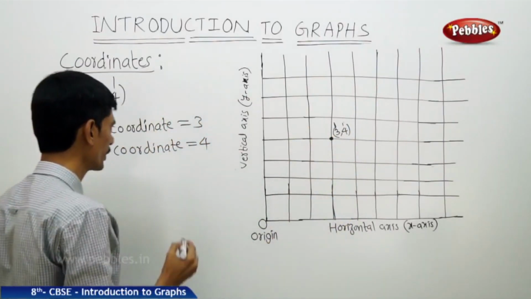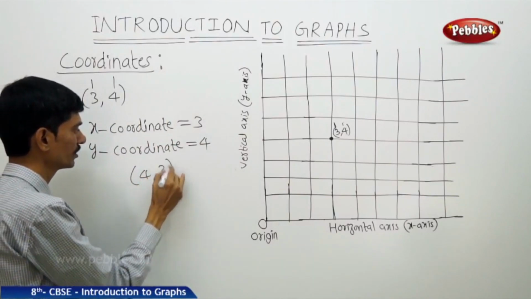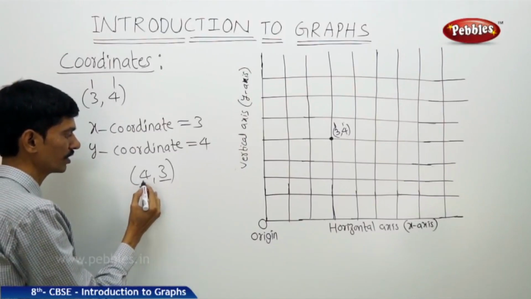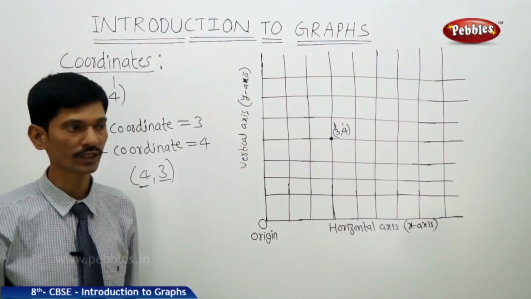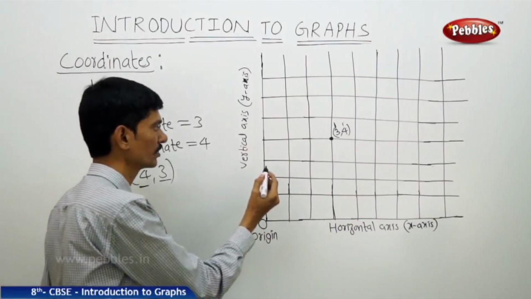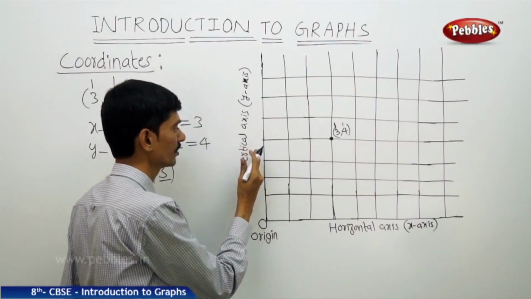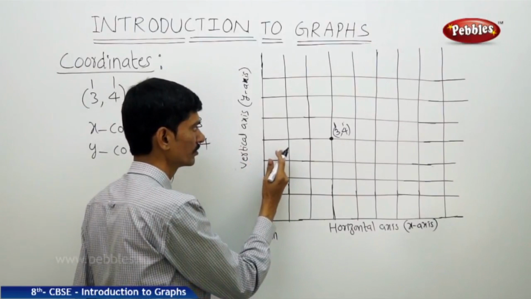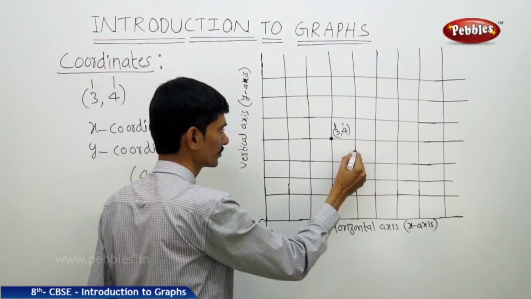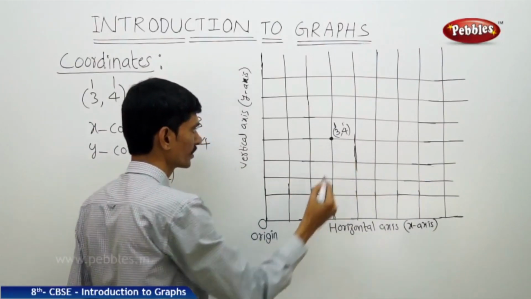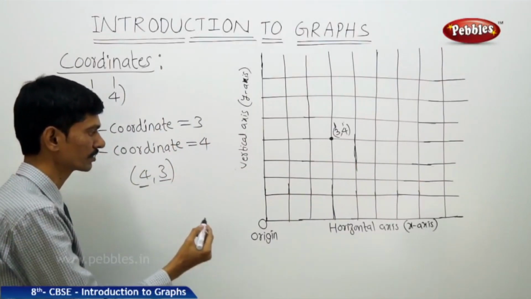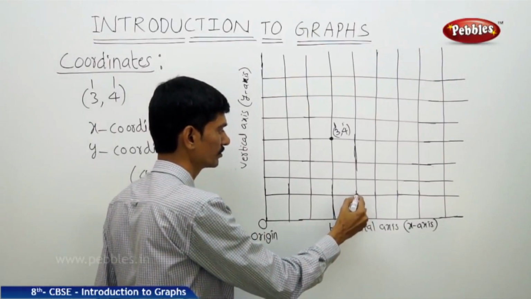Now if you want to locate the point 4 comma 3, here the coordinates are 4 and 3. The x coordinate is 4 and the y coordinate is 3. Then how do we locate this point in the Cartesian plane? We have to move 4 centimeters from the left vertical line to the right. So 1, 2, 3, 4. Now we have to consider this line. Then similarly, simultaneously we have to move 3 centimeters from the bottom. So here 1, 2, 3.